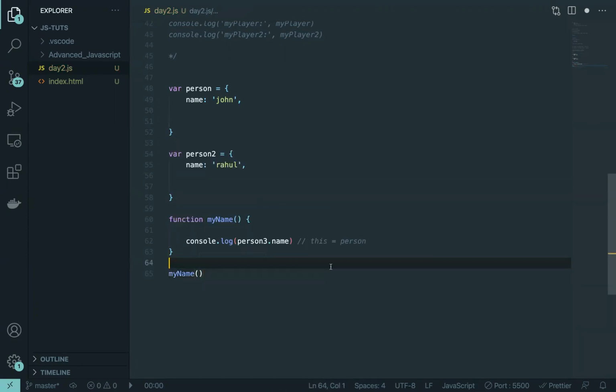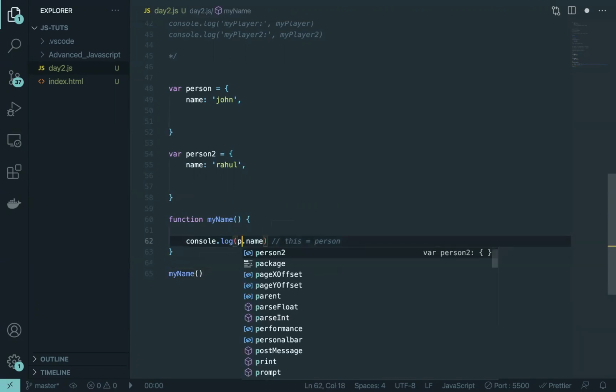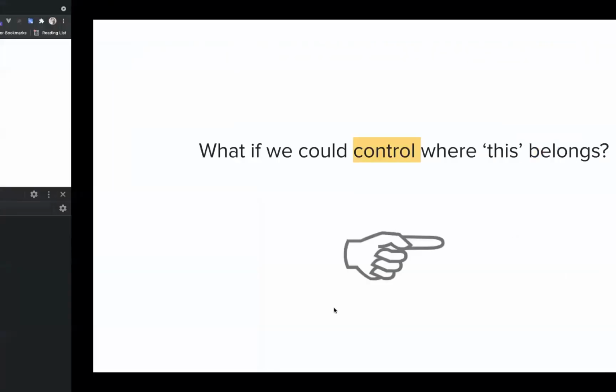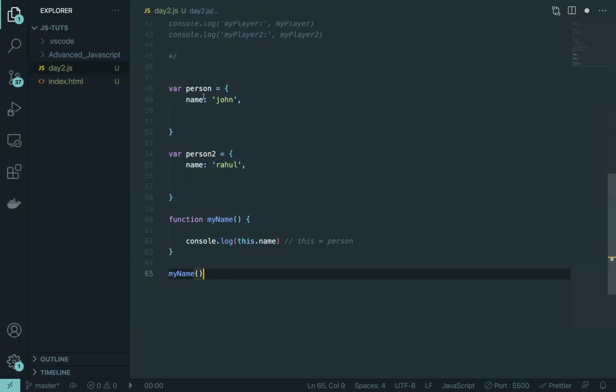it should be able to give me the values. But we don't want to pass in the value directly, like person one, person two, person three. No, we want to still use the this keyword because it is more readable. It is a better practice to follow, and it has a lot of benefits that we will discuss in our next sessions. So how can I do that? How can I control where this belongs? Basically I want this to be person one sometimes and person two sometimes. So that means my name will be called on either of these depending on what value you pass, and I don't have to write that function here anymore.